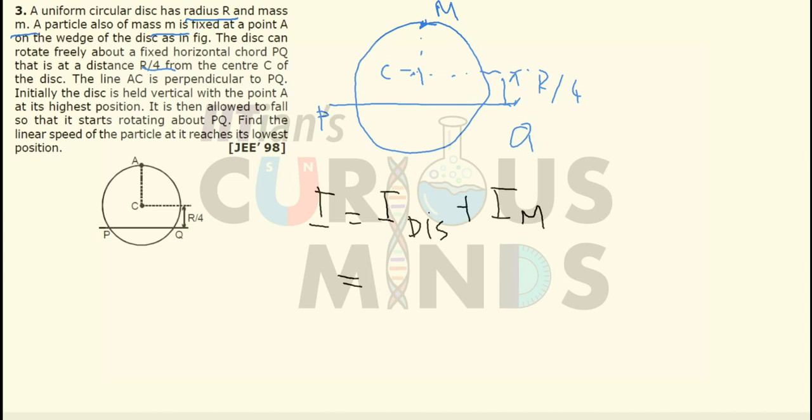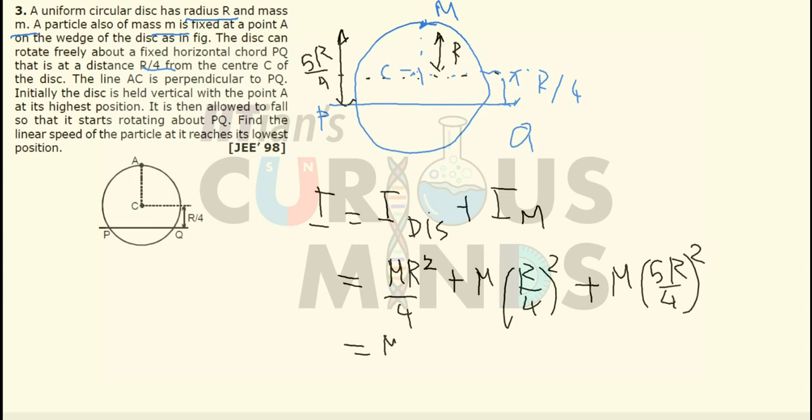Moment of inertia of the disk, let us find out first at the center and passing through the plane. It will be equal to mr²/4, plus, over here, m(r/4)² by the parallel axis theorem. This is the moment of inertia of the disk. Moment of inertia of the mass: it is situated at a distance r from the center, so the entire distance from the axis will be r + r/4, which is 5r/4. So m(5r/4)².